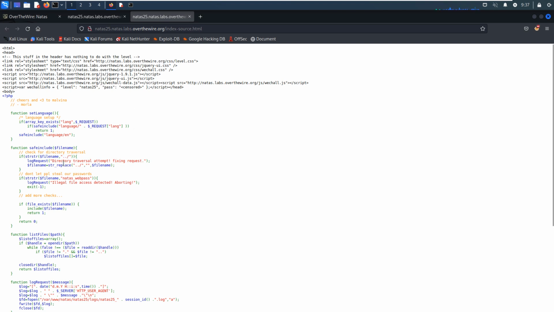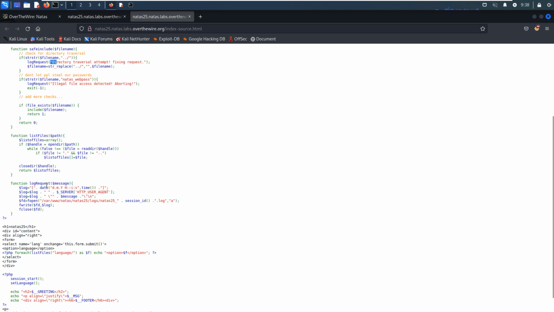Okay, so it means that there's some sort of control by the application, and if it checks or detects such characters, it will log this request. We'll make a request, and this should be a function to write the file. The file name should be like this one, with the session ID, and the extension name is log.